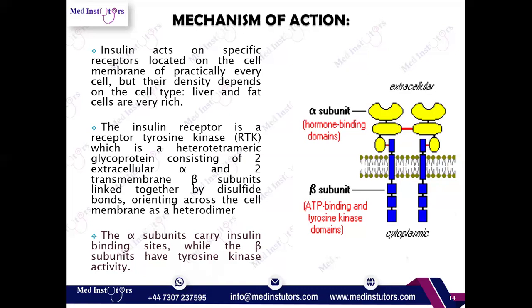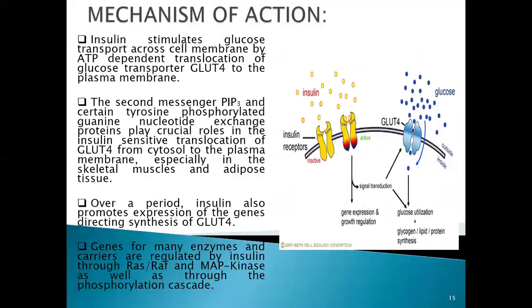So remember, outside is the alpha subunit where the insulin comes and binds, and when it binds, the beta subunit gets activated and the tyrosine kinase activity happens. So here, what happens is that when the insulin comes and binds to this tetrameric insulin receptor, the glucose transport across the cell membrane by the ATP-dependent translocation of the GLUT4 to the plasma membrane happens. The second messenger, phosphoinositol triphosphate, and certain tyrosine phosphorylated guanine nucleotide exchange proteins play crucial roles in insulin-sensitive